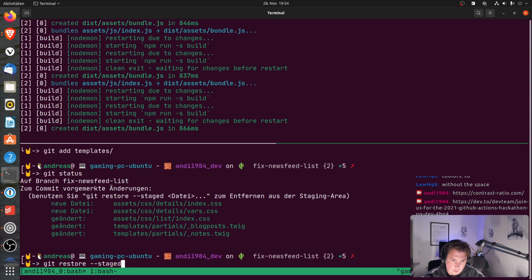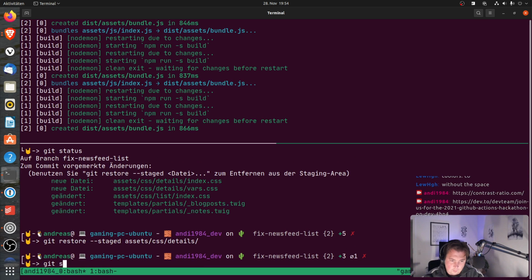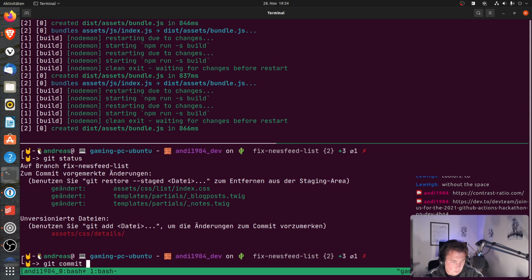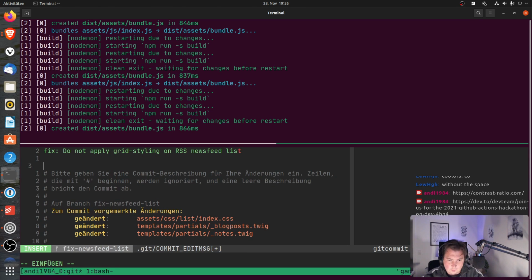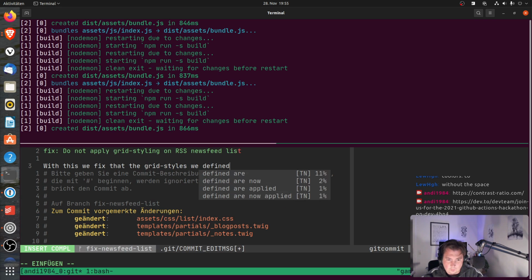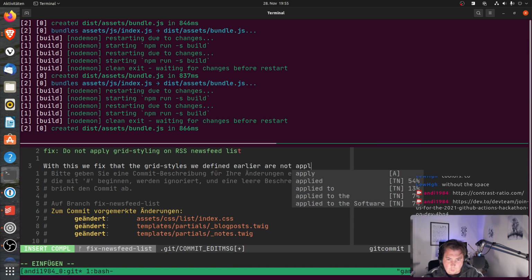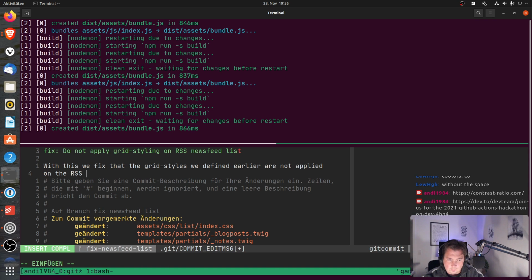Sketch restore, staged, assets, CSS details. Should have deleted this one. Okay. Fix: do not apply quit styling on CSS newsfeed list. This fixes that the quit styles we defined earlier are not applied on the CSS newsfeed list items